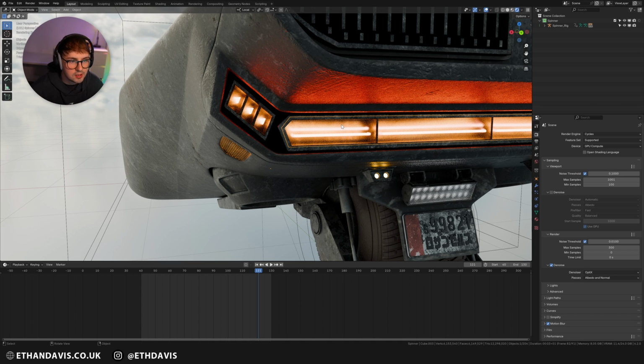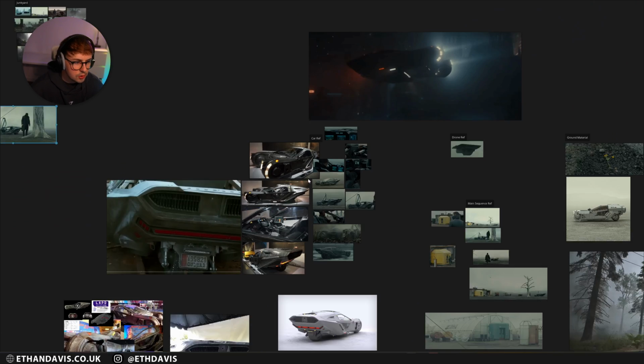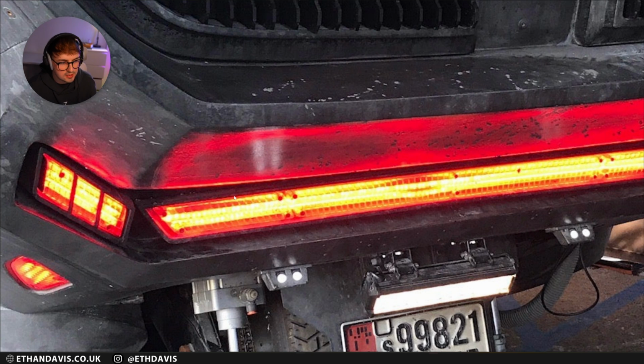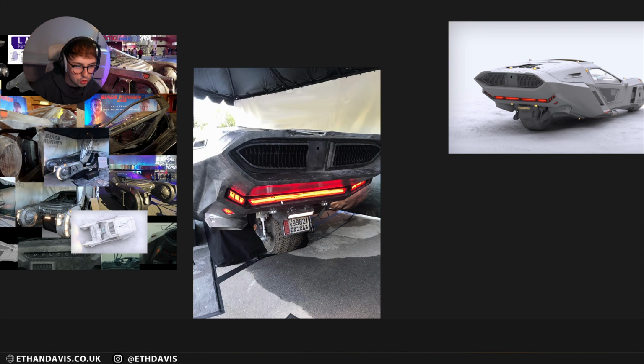But what you're probably noticing is that it's orange here, but it's red at the top. And that's due to basically PureRef. So if I go into my reference here, you can see that it's really orange and red. And obviously you can see here where the glass actually looks a lot different to how it is in my 3D file, and that's why I ended up changing it, because I realized mine looked nothing like it. But I really wanted to get that orange, full glow, and then have it reflect red on the vehicle.